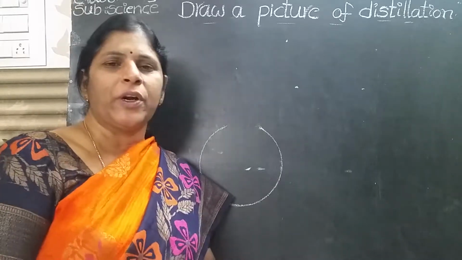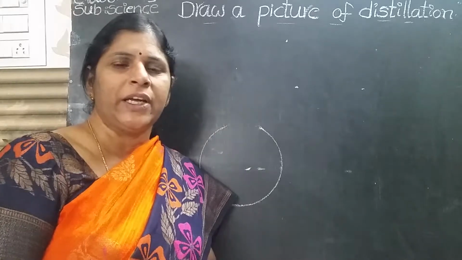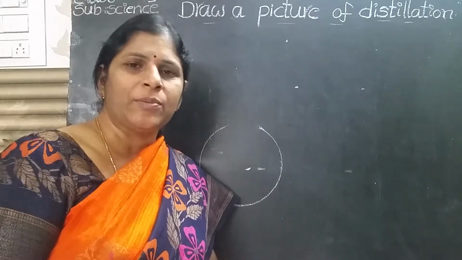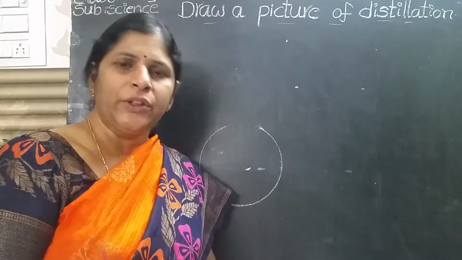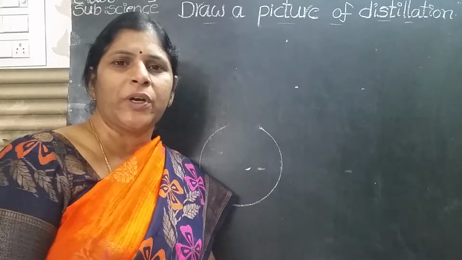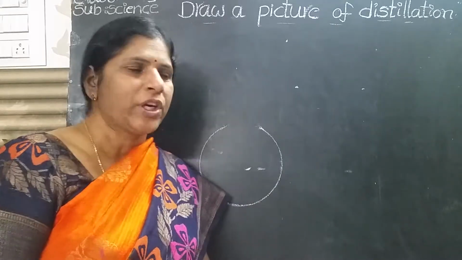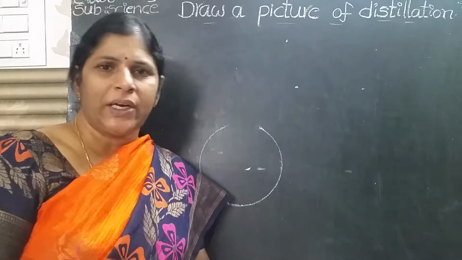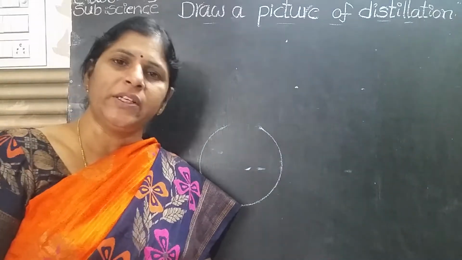It is very important to learn the diagrams, children. In this lesson, the air and water lesson, two diagrams are very important: the filtration process and also distillation. These two diagrams are very important. It is a must to learn these two diagrams. Okay children, yesterday we drew filtration, no children? Now we are going to learn how to draw the distillation.